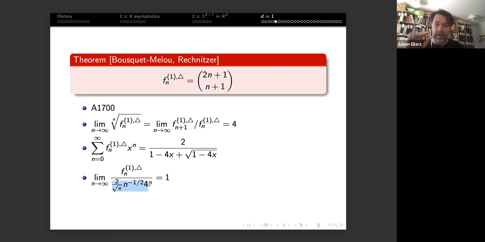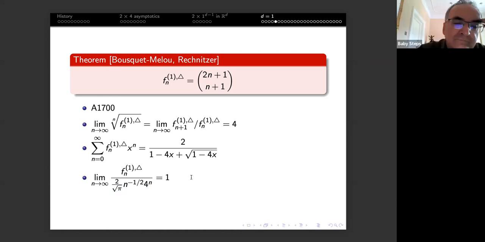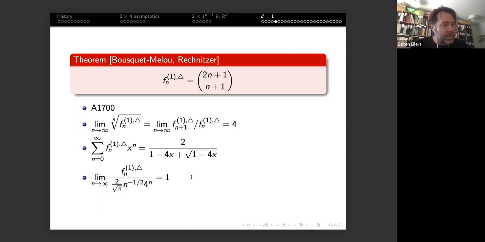The constant that I called alpha is 2 over square root of pi. This is from Stirling. You get minus a half as the coefficient, and then 4 over there. So the point is that this is a problem which of course is a lot easier than the one that I started looking at, because I've taken down the dimension and I'm only counting the pyramids and so on. But still, I get